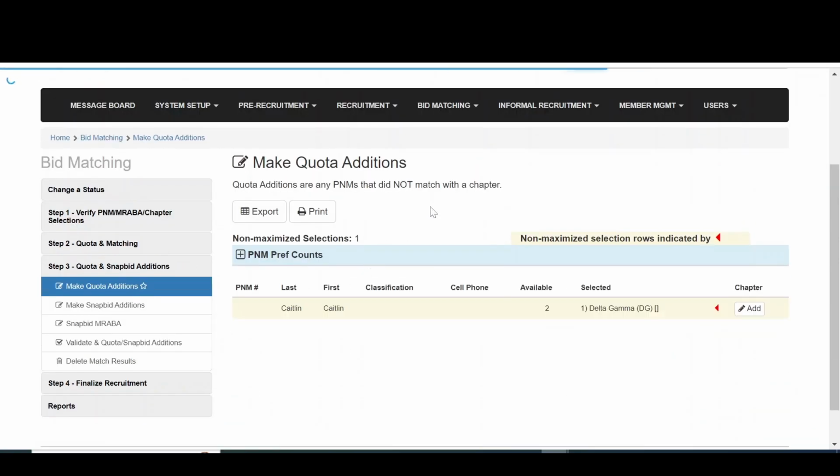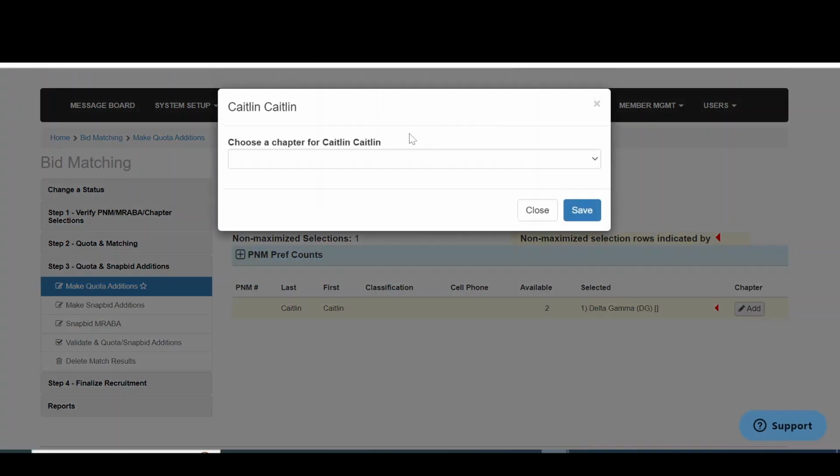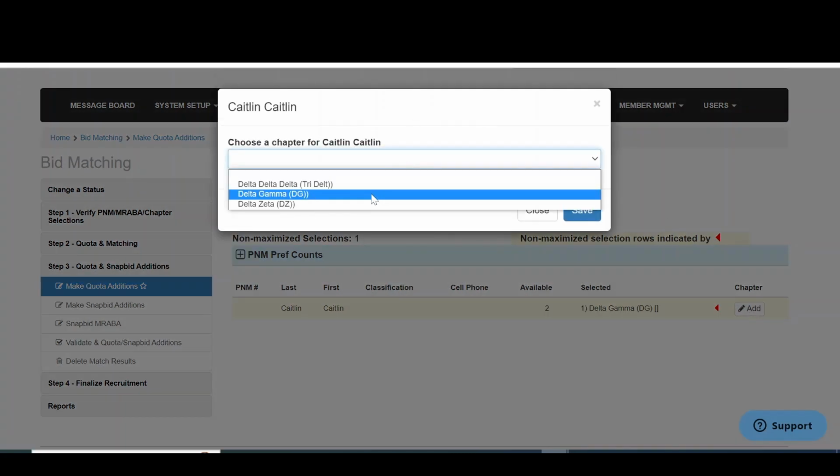Your quota additions are any P&Ms that did not match with the chapter. Again, if that P&M single intentional pref, they will be highlighted in yellow. If you would like to quota add a P&M to a chapter, you would simply click add, select the chapter,